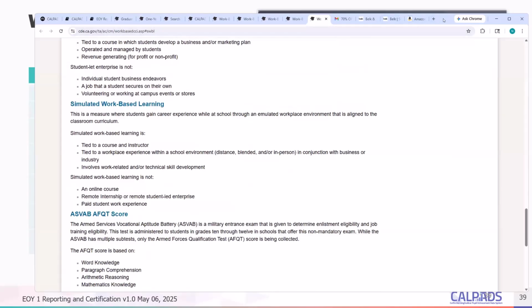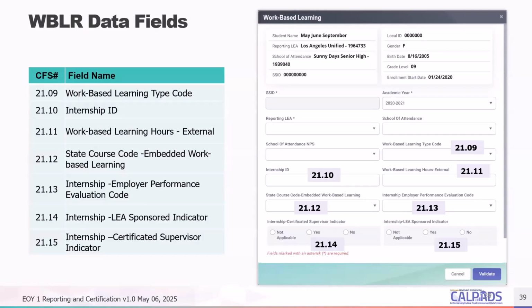Right now, the work-based learning file has very little validations. And as the collection increases and the value to the CDE increases, you can expect more validations. It's a pretty small file, and relatively easy to submit. The challenge comes in the data collection, right? So identifying which one of your courses is providing work-based learning experience, whether it's CTE, a STEM course, or your special education department. You have to reach out and make sure that they're submitting the data.